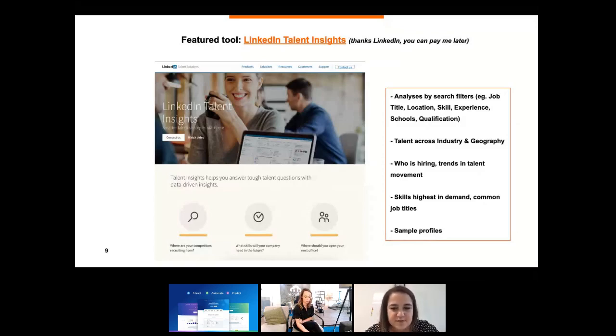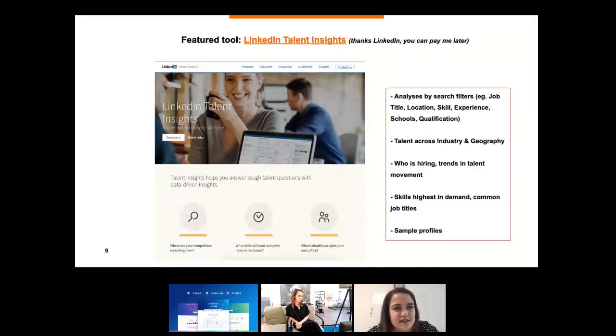So, for example, in the last 12 months, so many profiles have indicated that they were hired at HERE or SAP. So you're looking at where the attraction is, who's moving where, and also data on the fastest growing skills and the demand. So if there is a lot of Java hiring going on, or whatever you're looking for, then you can also see this is the next best thing.